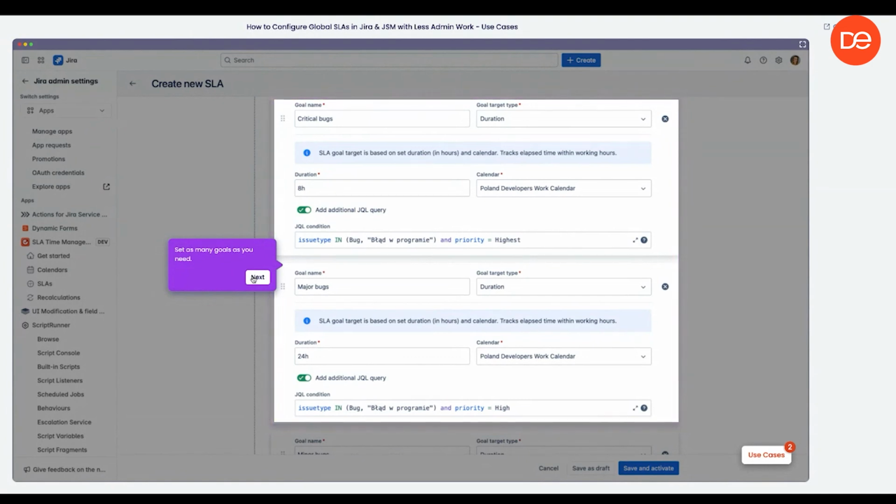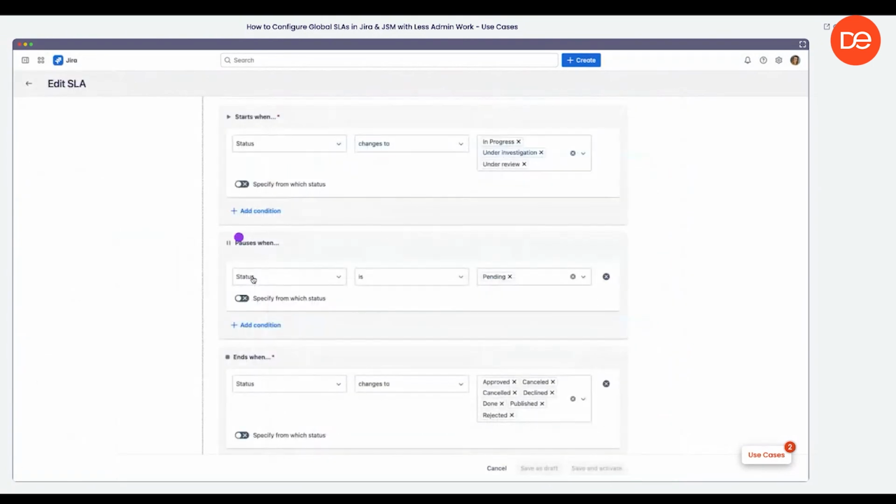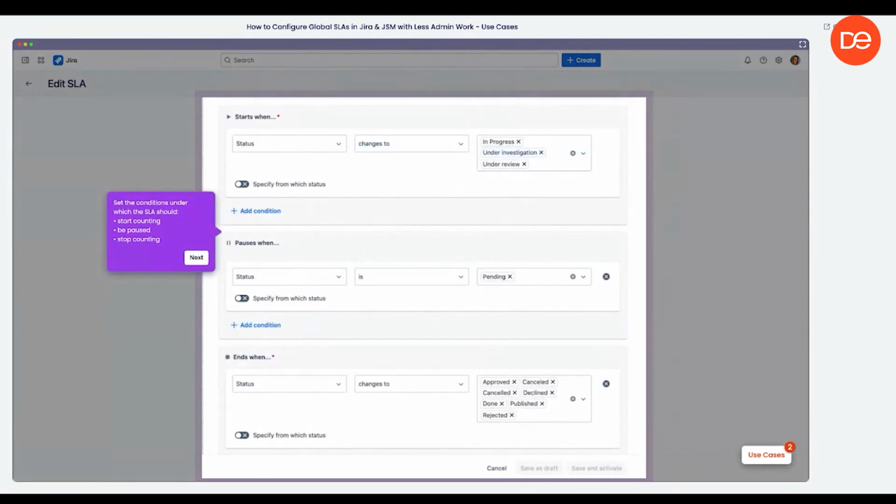So I've multiplied these, and I will skip it right now to show you the next phase. The next phase is, again, really similar to the native one. You set the condition under which the SLA should start counting, be paused, or stop counting. And you can use, of course, status, you can use assignee, you can use priority, you can use the issue created condition, or when it comes to statuses, you can specify the transition from which you would like to count specific